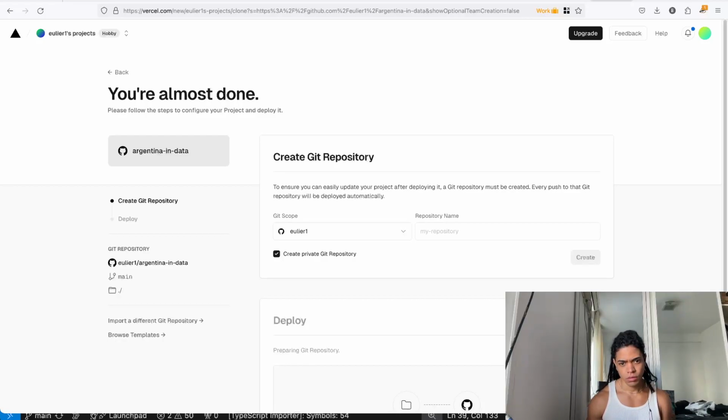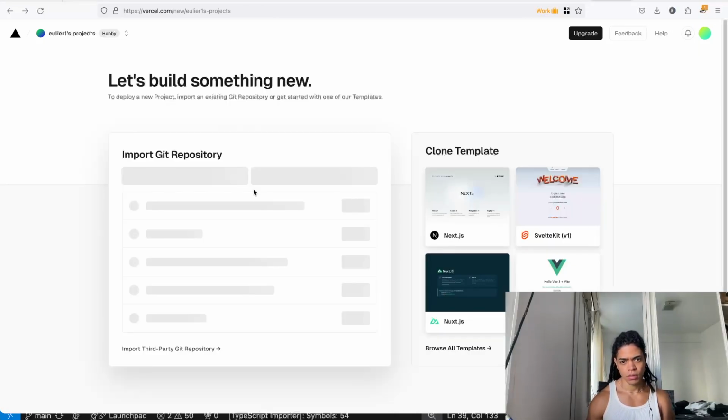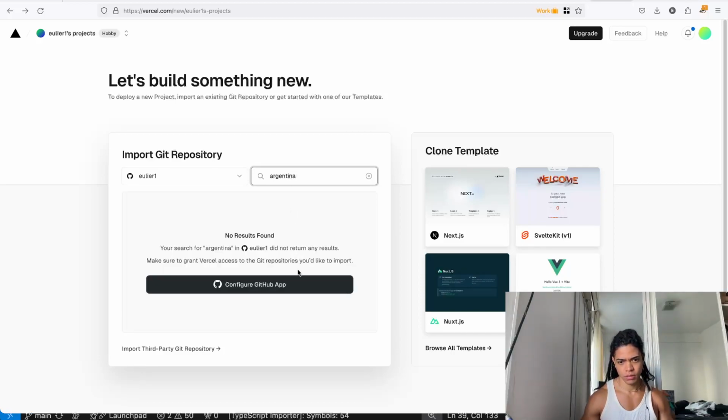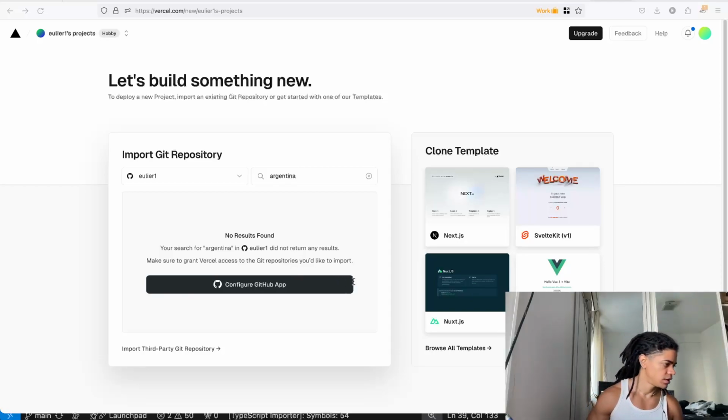I'm going to type in intro here. Let me go here and say Argentina. Configure your app to be discovered. Makes sense. Makes a ton of sense. Authentication here.